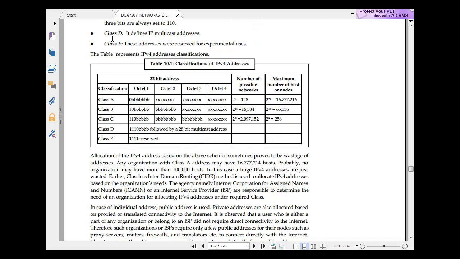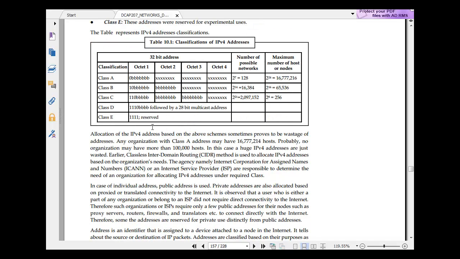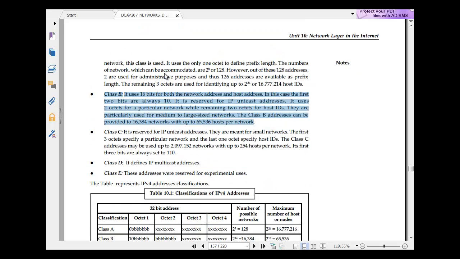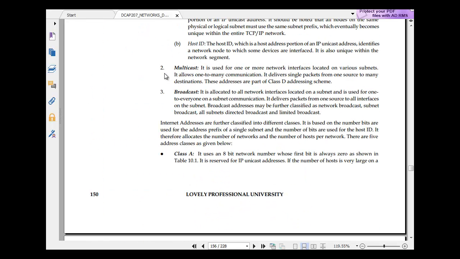And you have Class D and Class E. So Class A, B, C, D, E, octet, octet, octet, number of possible networks, maximum. So this is the classification of IPv4 addresses. Class A is an 8-bit network whose